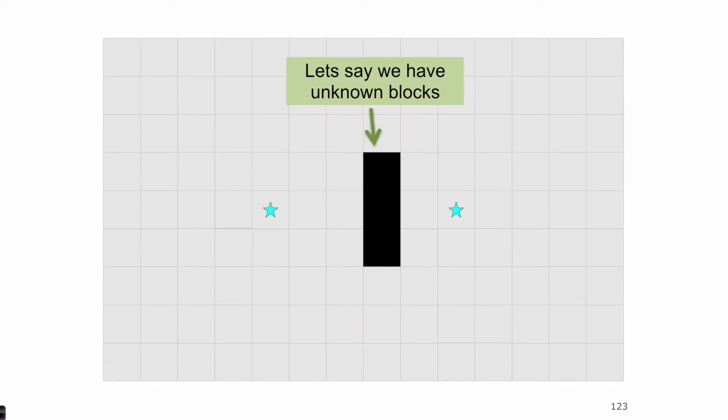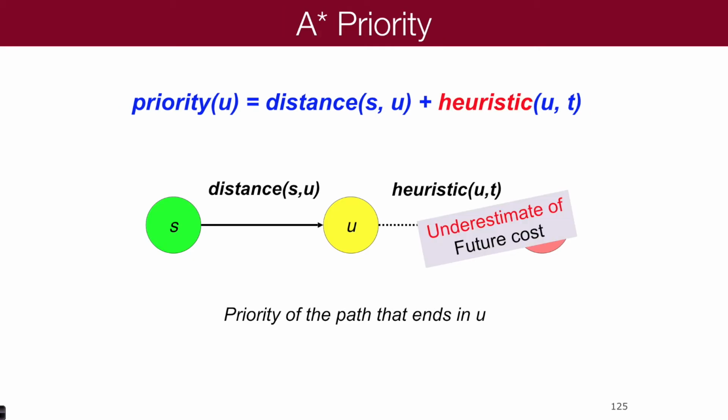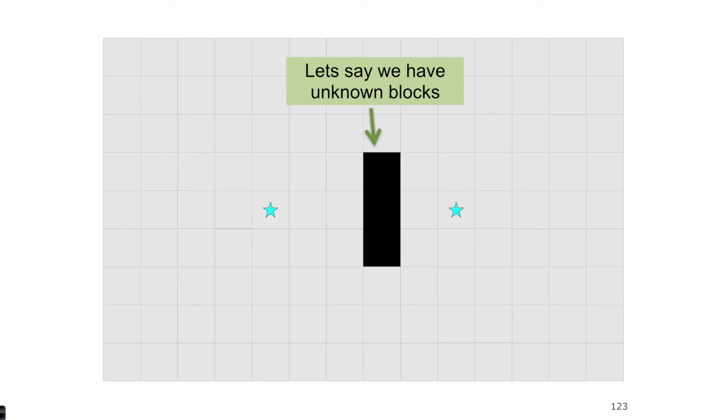Now, what happens if we actually had an area we couldn't go? In other words, we can still calculate this distance, but in this case, we're going to have to go around these blocks. You can't go there in this case. So remember, we've got this ideal future cost, but we have to kind of underestimate it. We don't know exactly what the future cost is because we could have to go around something. Notice if we go here, the future cost from here would be 1, 2, 3, but it really isn't. It's actually 1, 2, 3, 4, 5, 6, 7,